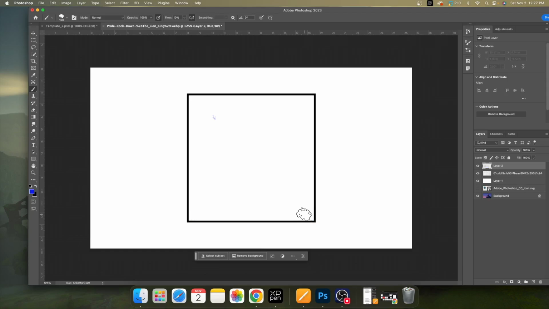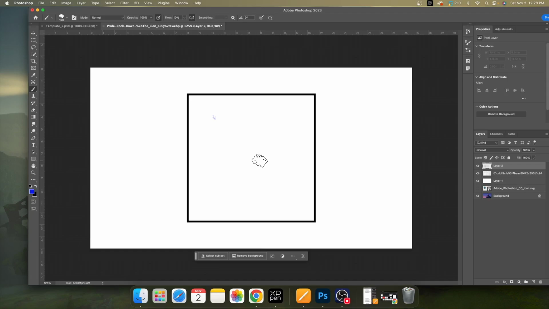Now to redo it, it's another hotkey. It's really easy to do. So what you would want to do is push and hold Shift, Command, and then Z. And what that's going to do is bring back all of those other things that you did, and that way you can go back and forth to undo and redo your mistakes,